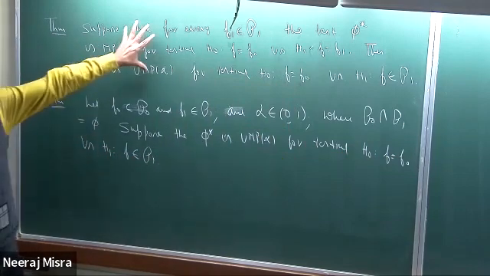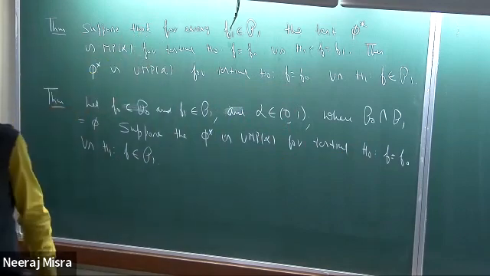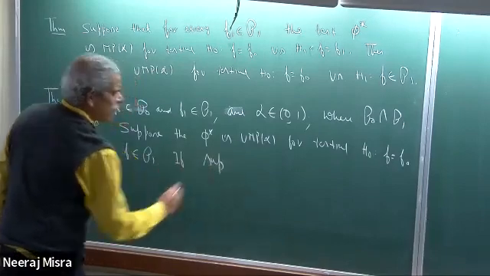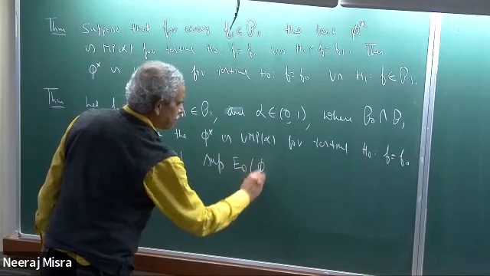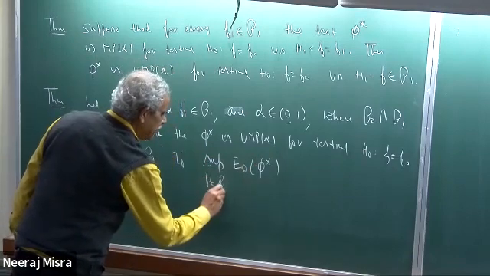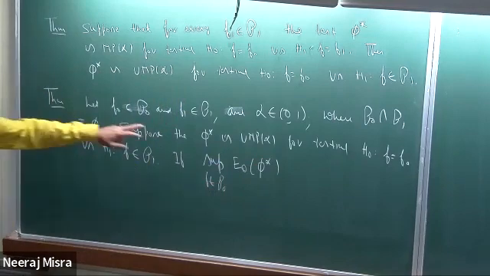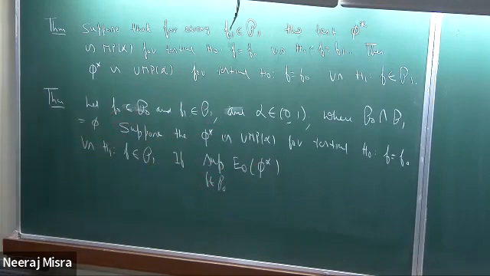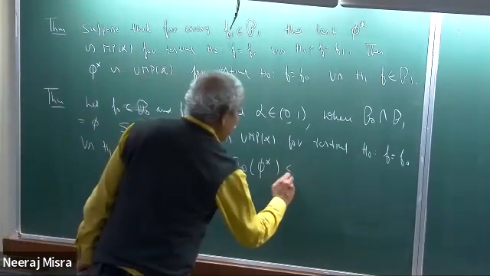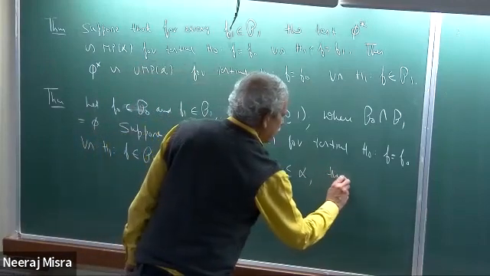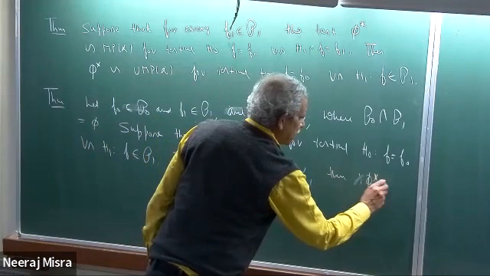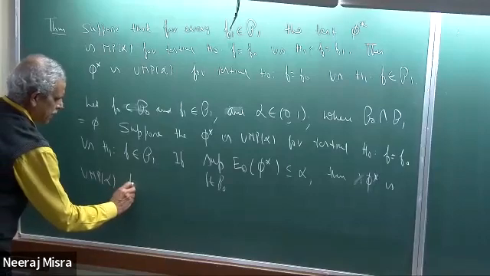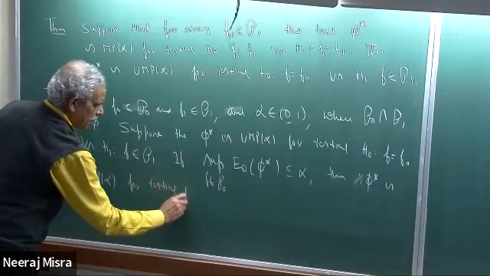Now this kind of a situation can come from theorem 1, right? As it was happening in the binomial case. Now if supremum over F belonging to P0 of expected value of phi star is less than or equal to alpha, then phi star is UMP alpha for testing H naught that